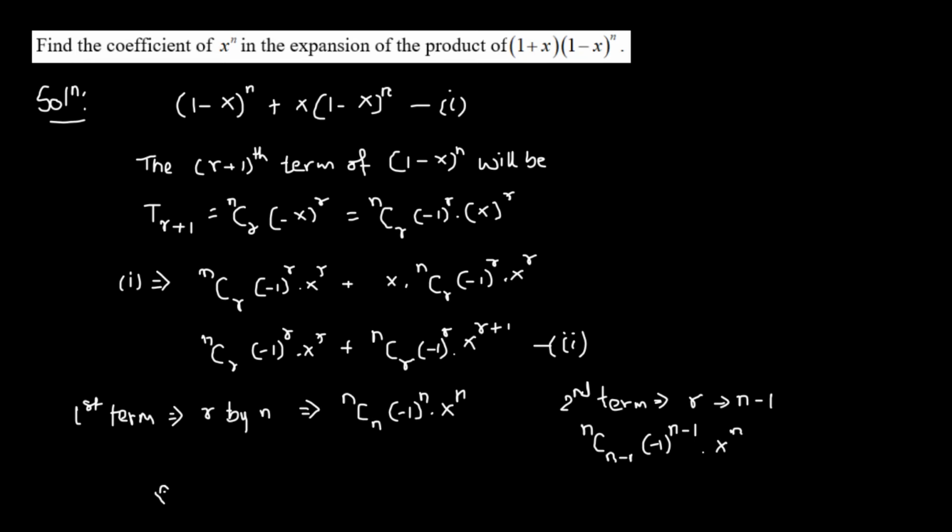The final coefficient value should be, so the coefficient of x to the power of n will be equal to nCn times negative 1 raised to the power n, plus nC(n minus 1) times negative 1 raised to the power of n minus 1. So this is the final value. We'll now try to further simplify this, and that should give